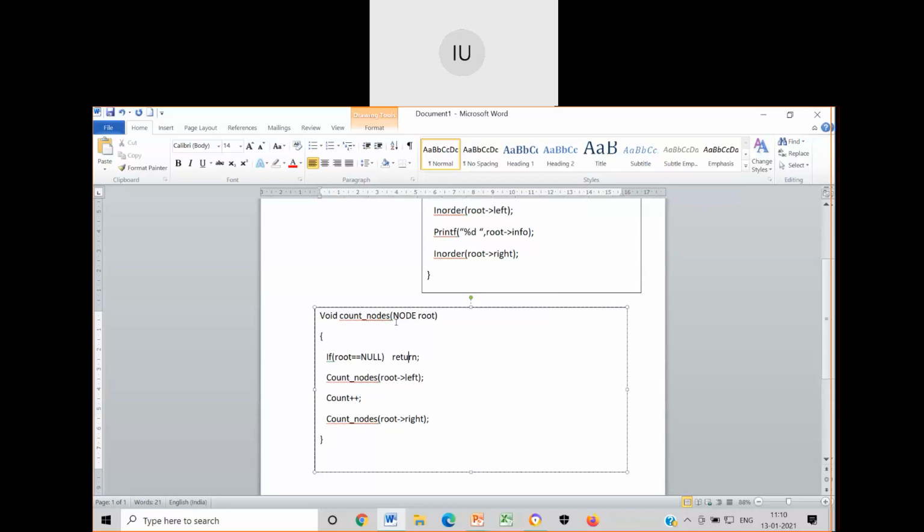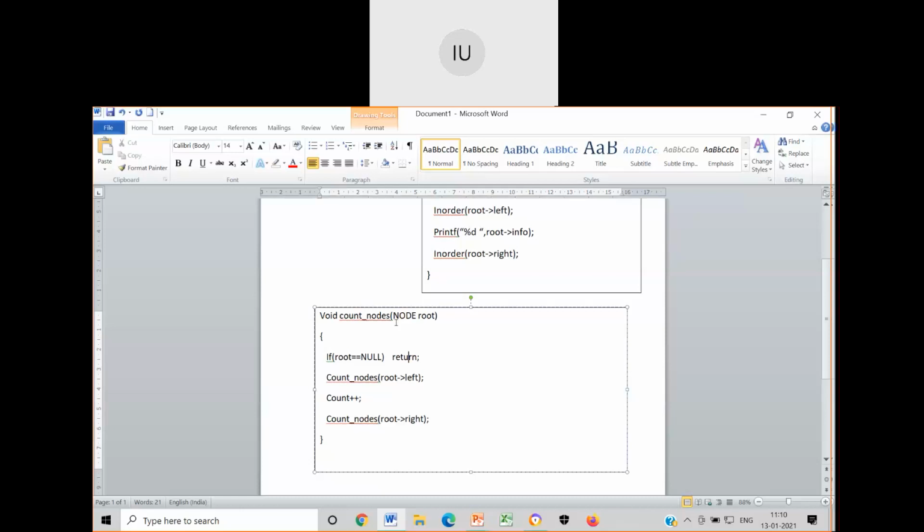Now, if I want to have the number of leaf nodes, what may be the condition for finding the count of leaf nodes? Can anybody comment on this? The same function I'll keep as it is. You can use either in-order, pre-order or post-order traversal, whichever you want, as the base function, and override that with count plus plus. Wherever print is there, replace that with count in order to have the count of nodes.